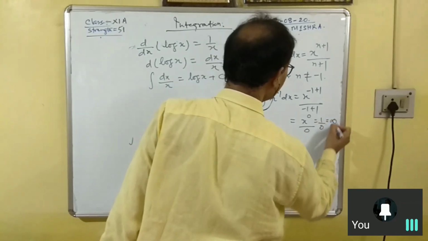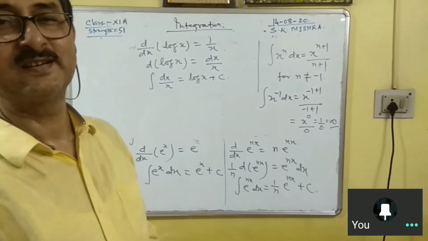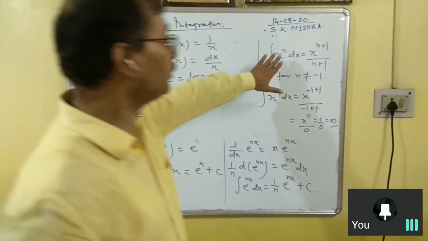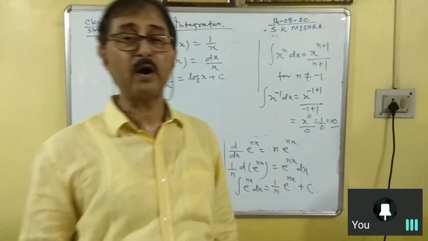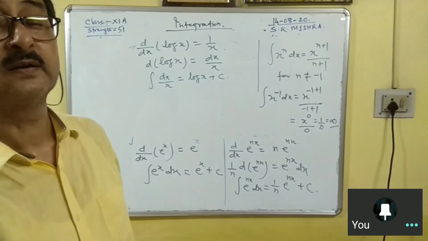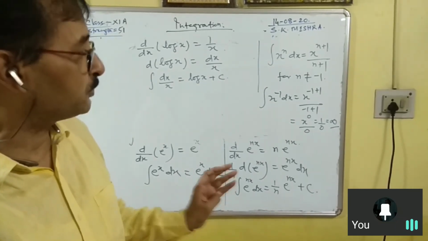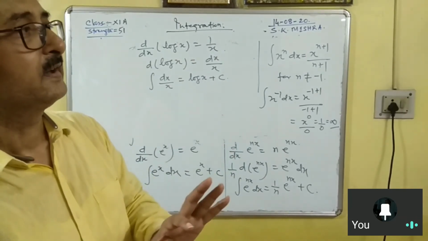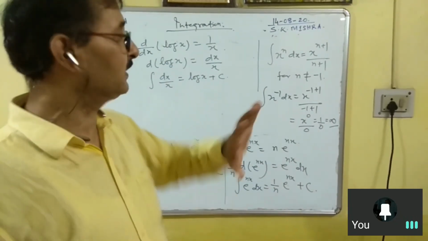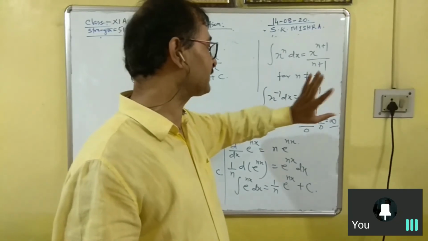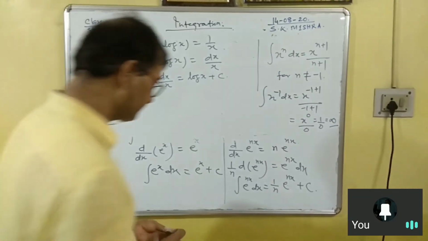So 1 by 0 is how much? Infinity. The result is coming infinity, which is meaningless. So that's why this formula is true except for n not equal to minus 1. Other values of n, that is 1, 2, 3, 4, 5, 6, anything, minus 2, minus 4, minus 5, minus 6, half power, 1 by 2 power, 4 by 5 power, it's all true. But for n equal to minus 1, it is not true, because then integration of dx by x is log x plus c. So today I have to